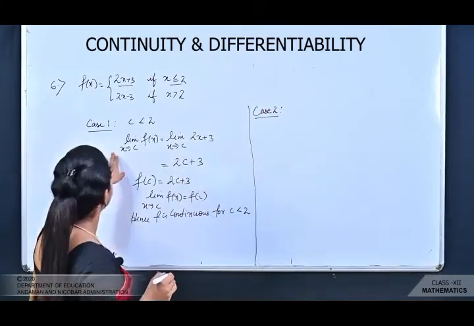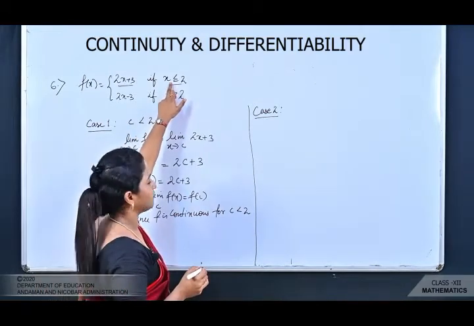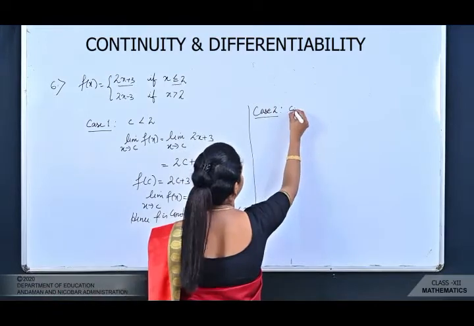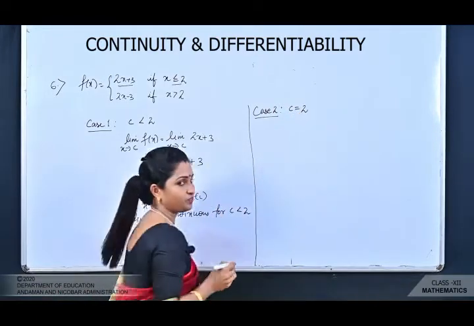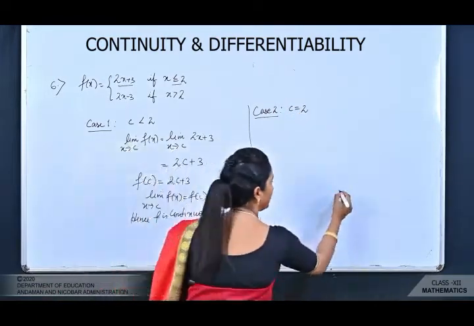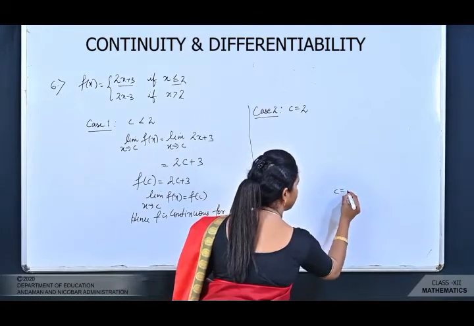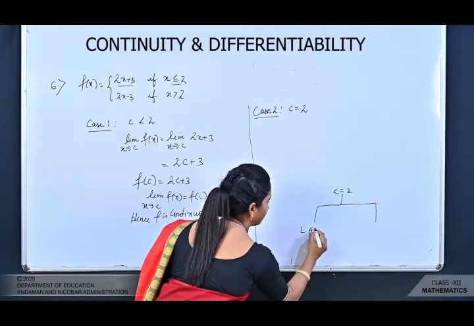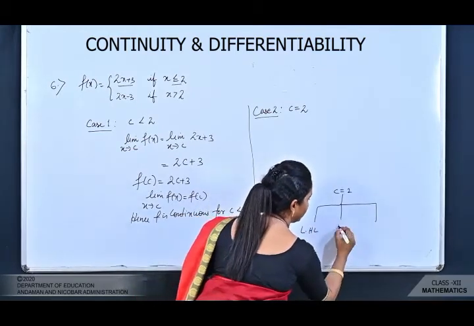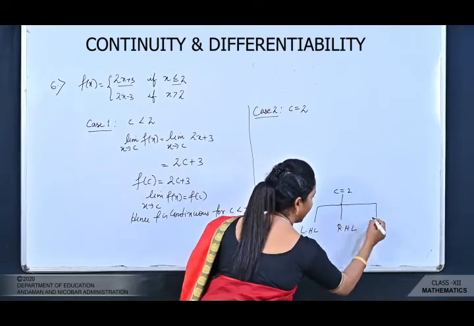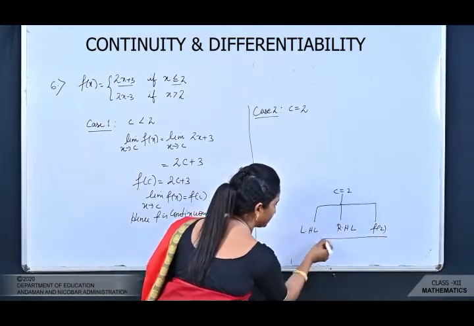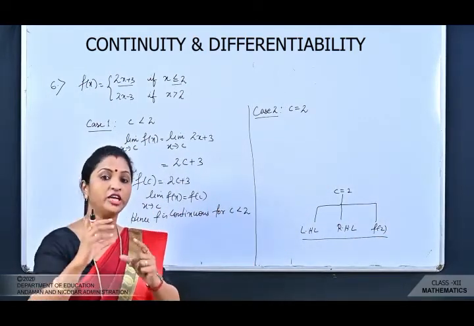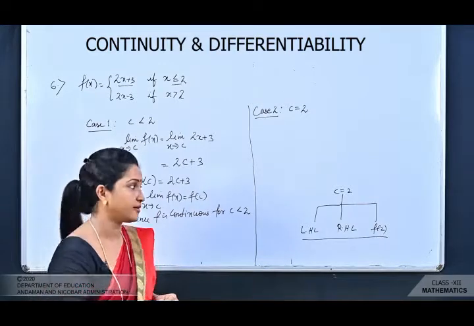Okay. Now, when you go to the other case, that is case 2, case 2 will be what? Here two conditions are given, one is less than and the one is equal to. So I am taking here if c is equal to 2. अगर c equal to condition जब भी आता है ना, c equal to 2 मतलब यहाँ पे तीन cases arise होते हैं. One is you have to find left hand limit and the one आपको RHL निकालना है and f of 2. These three things you have to find out. जब भी आपको एक point पे continuous निकालने को बोला जाता है, ठीक है?